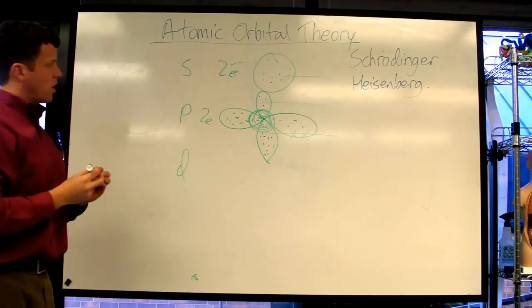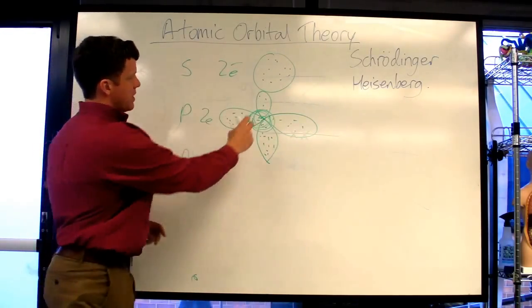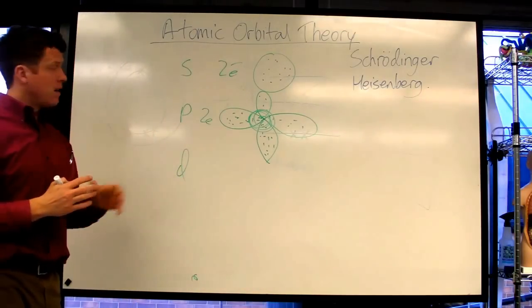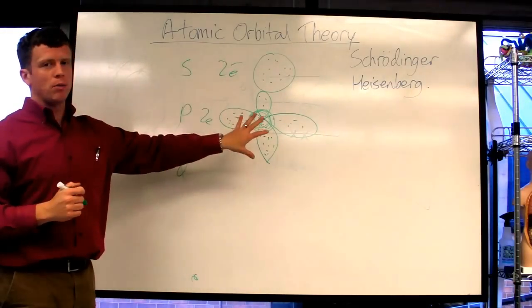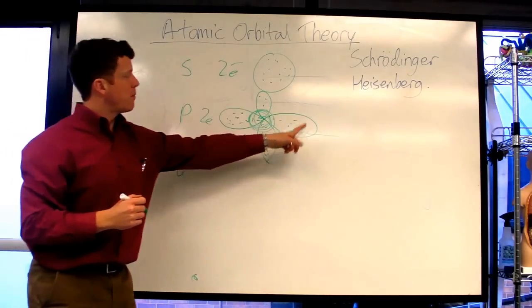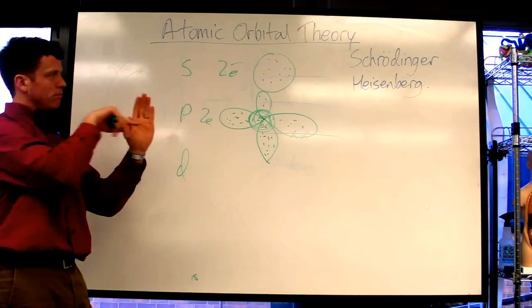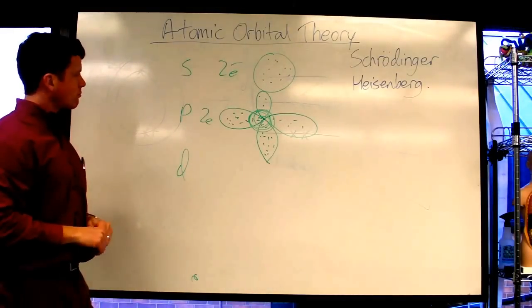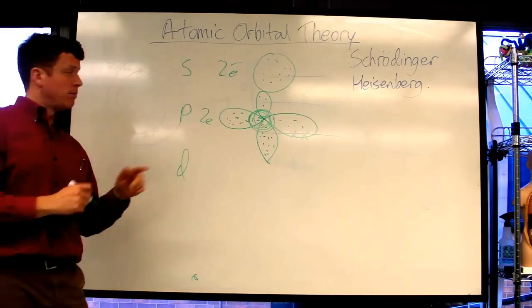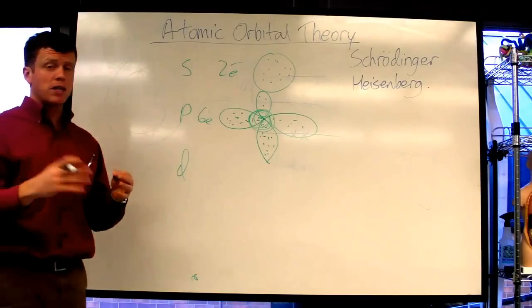So you've got the ability to get 2, then 4, then 6 electrons, 6 electrons total in the p orbitals, and there's 3 of them, and they take this shape: vertical, horizontal, and then coming out towards you. I'm not even going to try and show you the d orbitals because it's really complicated to draw,